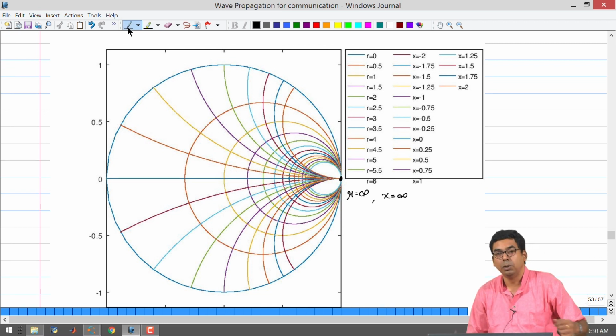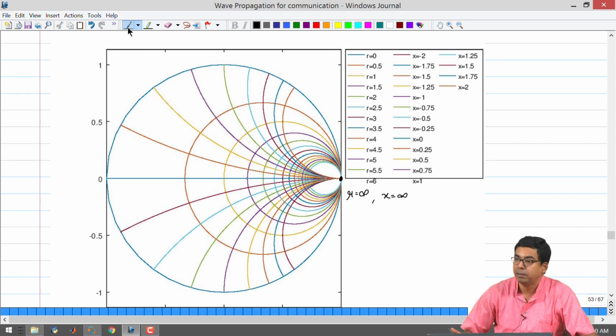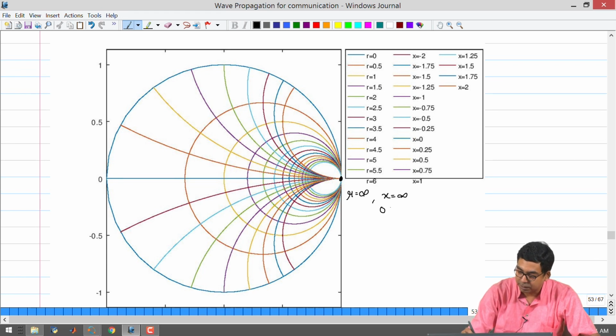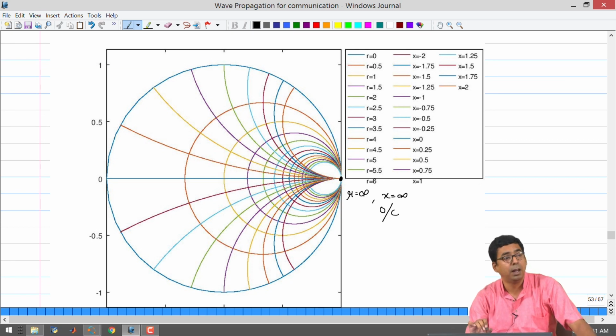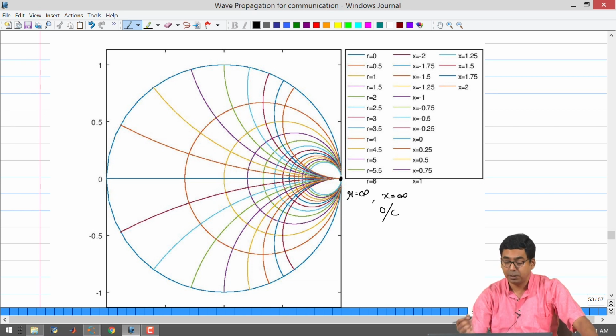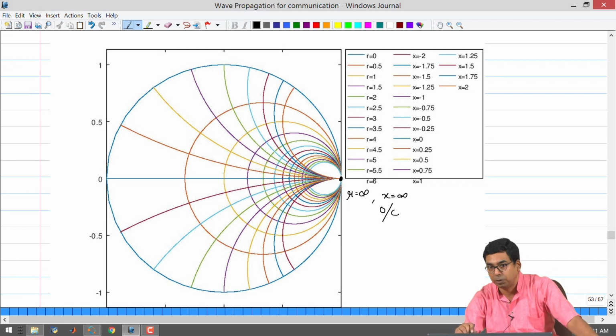Now let us try to figure out what that physically would mean. R equal to infinity, x equal to infinity will mean that you are having an open circuit, all right. So, we mark this region as an open circuit. Now, we will also look at this point. This point is on the complex gamma plane, all right. We can also tell what the value of the reflection coefficient at the load is going to be. The value is going to be equal to 1 because the angle it makes with respect to the real axis is 0, has no phase.